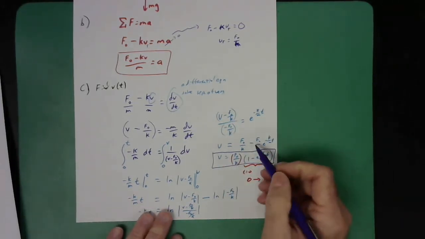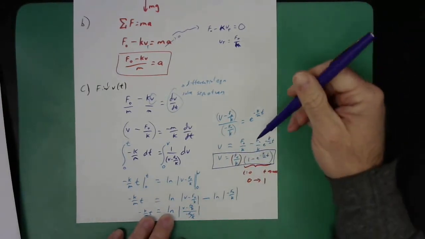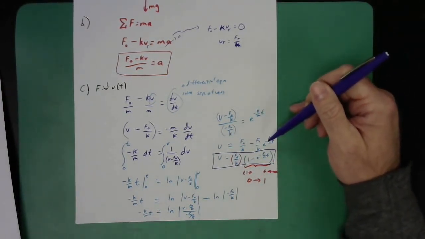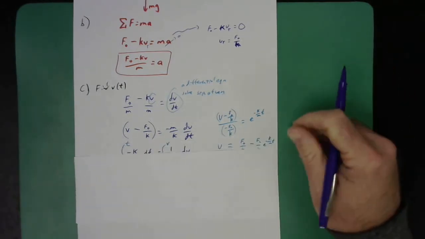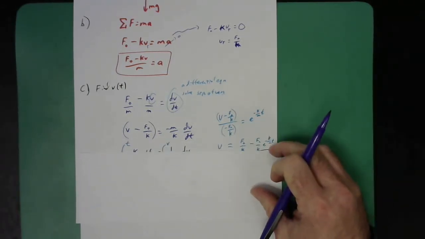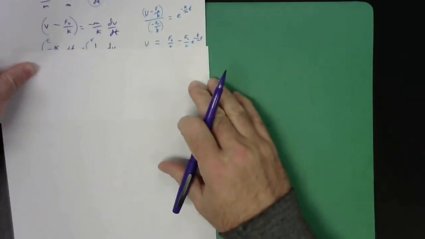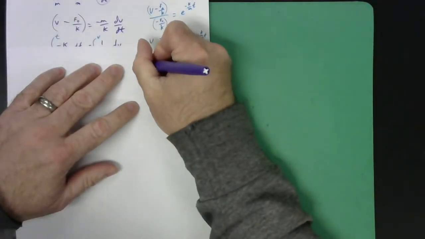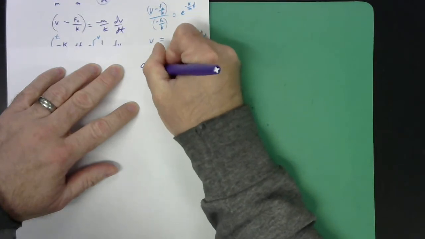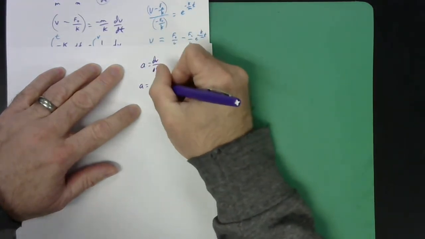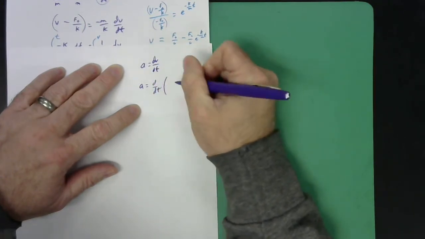It'll be a little easier if we take the derivative of this equation, so I'm going to go back one step and take the derivative. If we did that, check it out. You would say acceleration is dv/dt. So I'm going to take the d/dt of that expression,